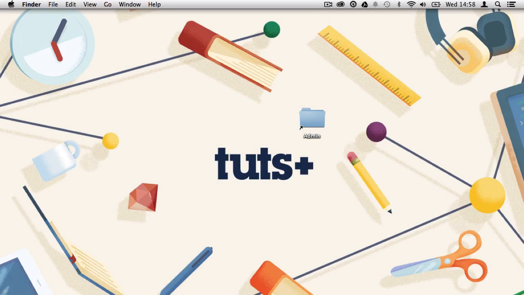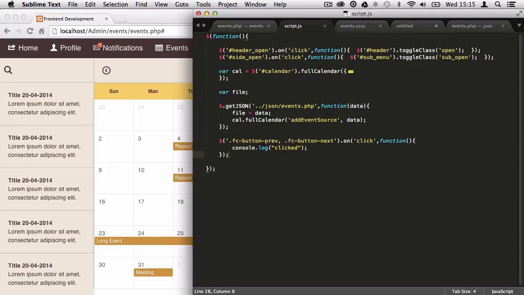Alright, and welcome to this lesson where we're going to continue on developing the events page. So the first thing I'm going to do is take a look at creating the code for the side navigational menu. And the way I'm going to do it is not by actually writing it inside of this function right here,